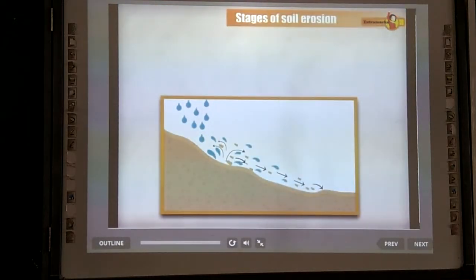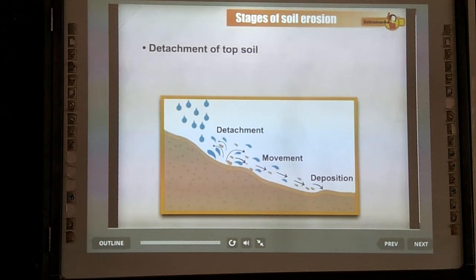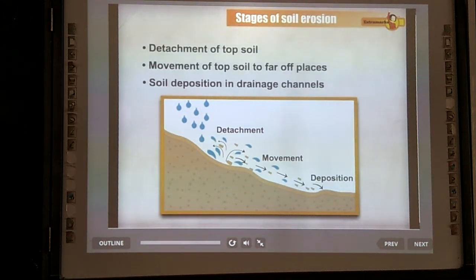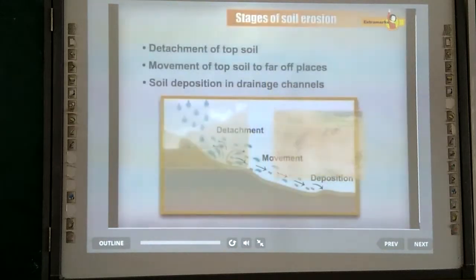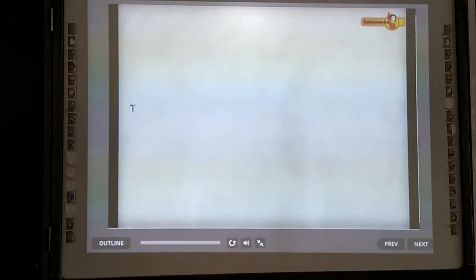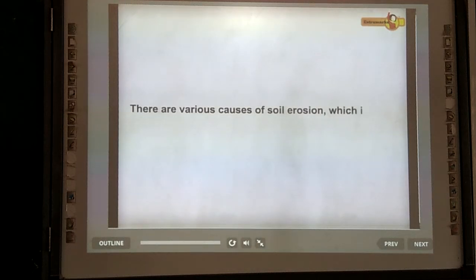There are 3 stages of soil erosion. Detachment of the fertile organic topsoil. This topsoil layer is then carried away to the far-off places through forces like wind and floods, and is deposited into various drainage channels. There are various causes of soil erosion, which include